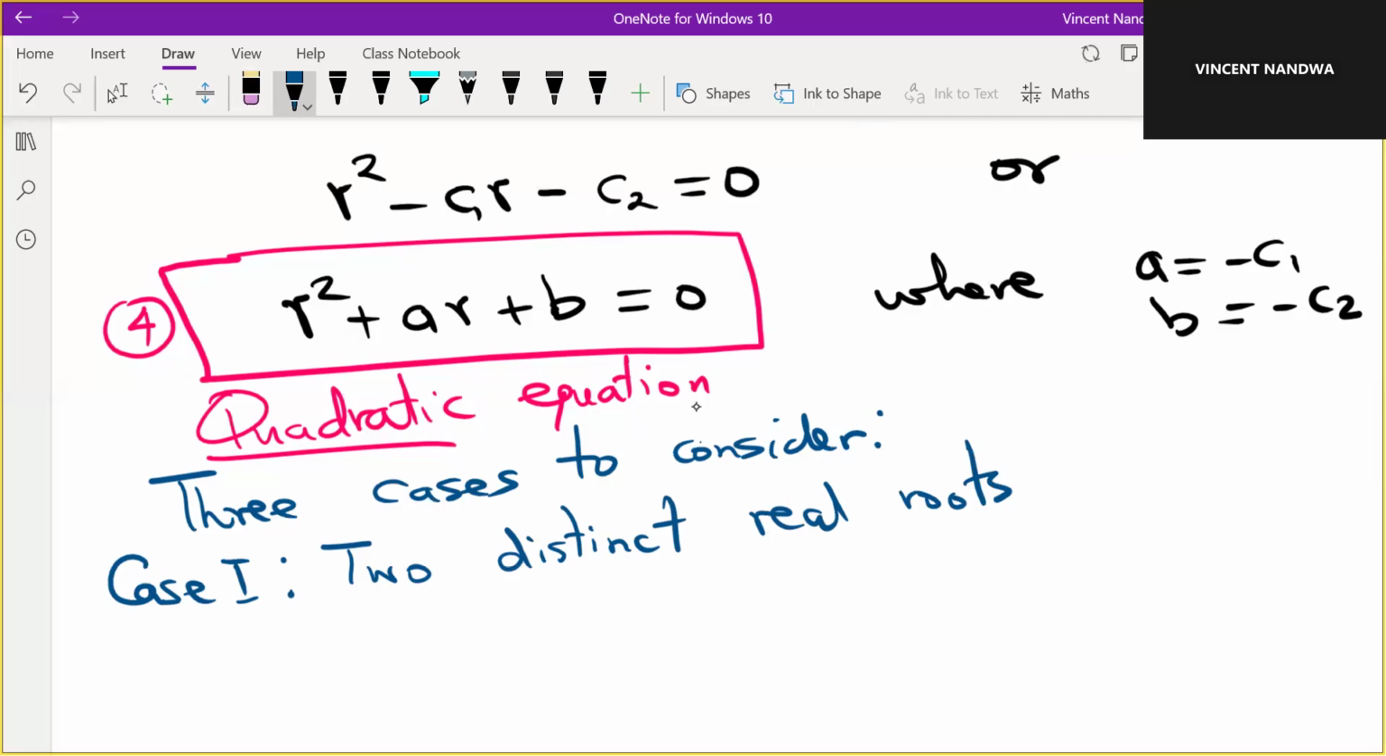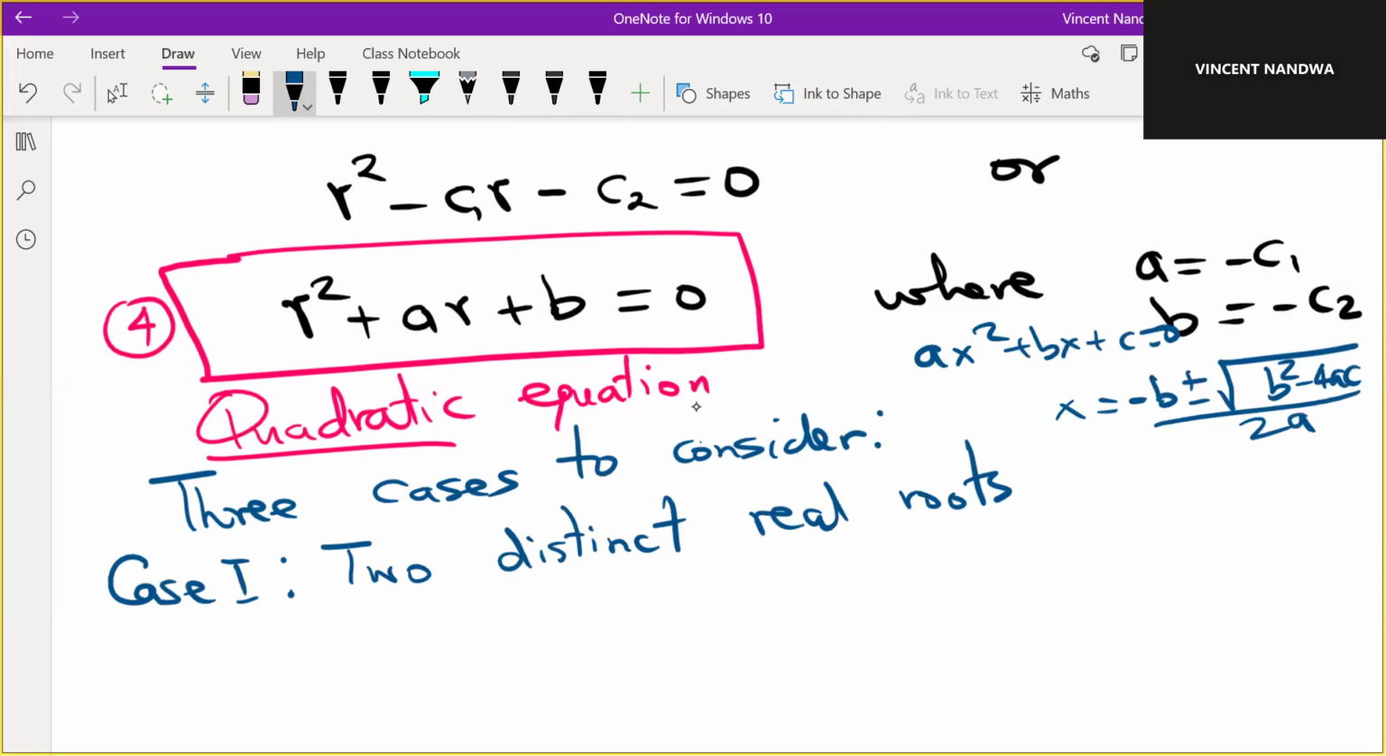And remember, if I have a general quadratic equation, ax squared plus bx plus c equals 0, x is given by minus b plus or minus square root of b squared minus 4ac divided by 2a. What determines the nature of the roots is the discriminant, b squared minus 4ac. When the discriminant is positive, we'll have 2 distinct real roots. So if we have 2 distinct real roots, say